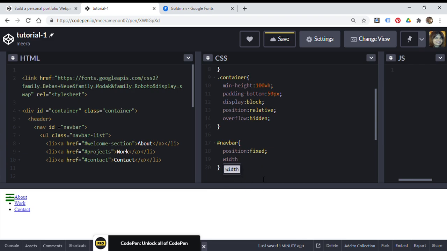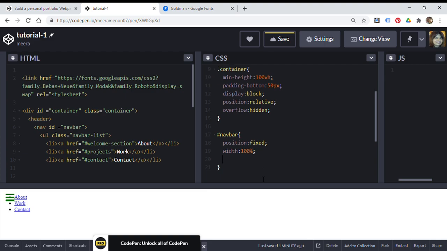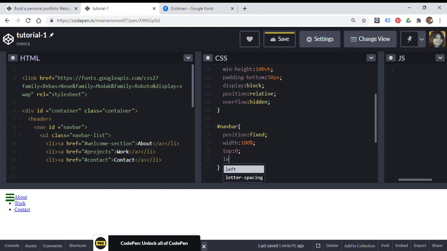Width, I give it 100% because I want it to go horizontally from left to right and cover the whole page of my web page. Okay, top margin for short top is 0. I am not giving a margin. That is again completely up to you how you decide the style. So do not lay too much stress on this.